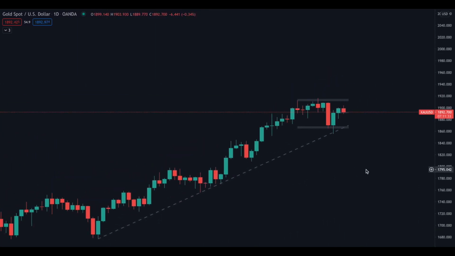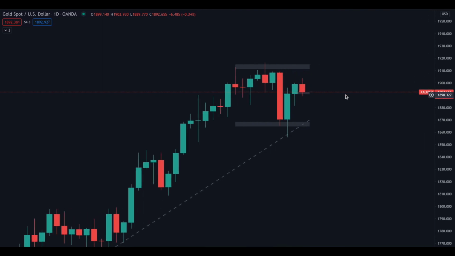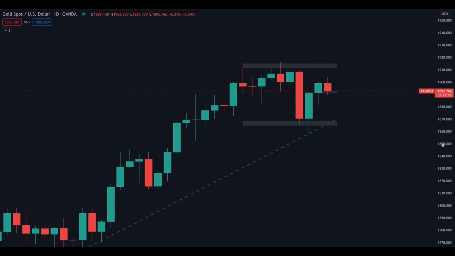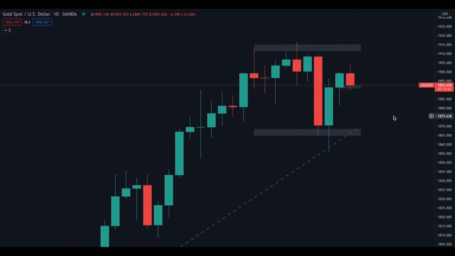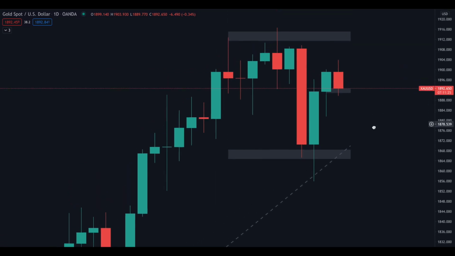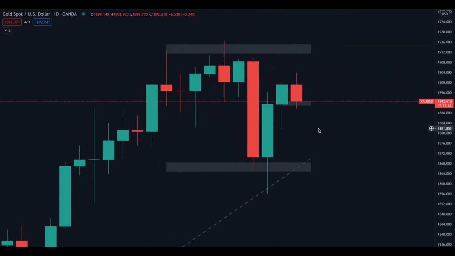If we zoom in, we will notice that the current daily candle is actually bearish, so it's probably not such a good idea to buy whilst the current daily candle is bearish. We know that the trend is bullish, so we'd rather buy. So what I'm going to do is draw a horizontal ray to tell me when that daily candle flips bullish. So now I know that it flips bullish here at roughly 1900,